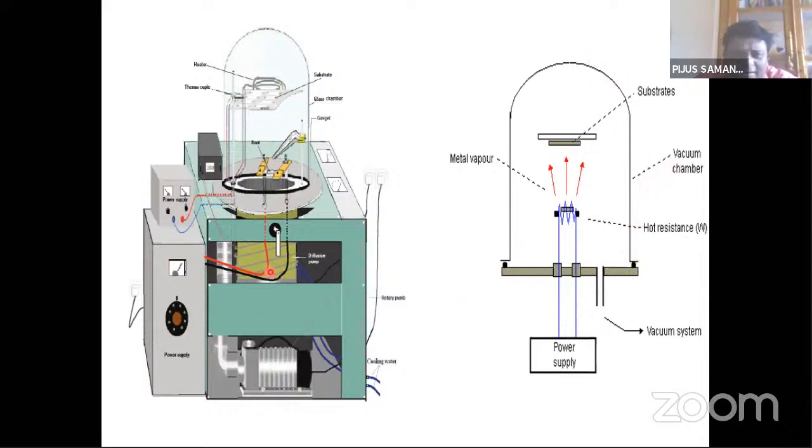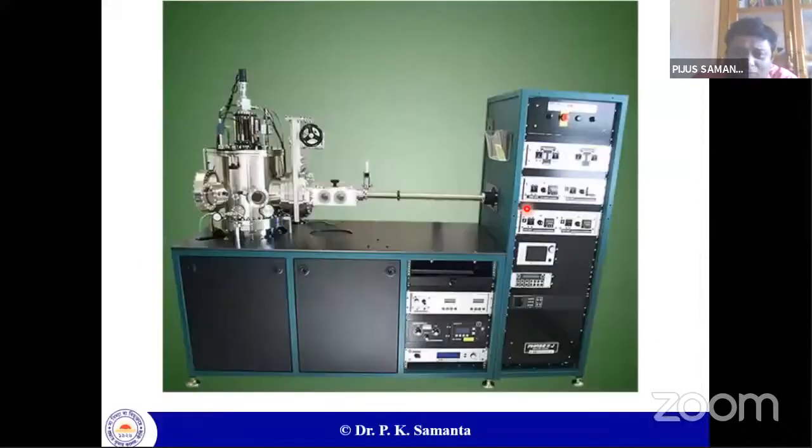So these are the actual accessories. This is the vacuum chamber. We have to first evacuate the setup, because if there are unwanted air molecules, there will be scattering, collisions, etc. So the growth will be disturbed. So usually it is made a high vacuum, where the pressure is very low, of the order of 10 to the power minus 6. We have to use a diffusion pump. So this is the schematic setup of the thermal evaporation technique, and this is the actual standardized setup.